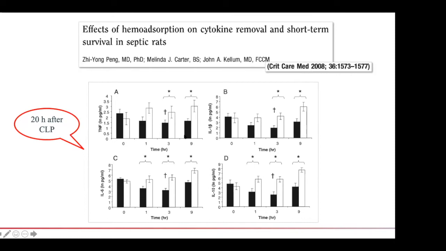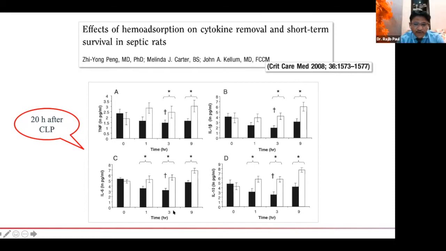Significant drop in inflammatory mediators like TNF alpha, IL-6, IL-10, and interleukin 1 beta. So during the 3 hours that Cytosorb was used, a significant reduction was seen, and that reduction was also maintained at the end of 9 hours. There was a marginal increase, but the reduction of hypercytokinemia was maintained even 9 hours after stopping the